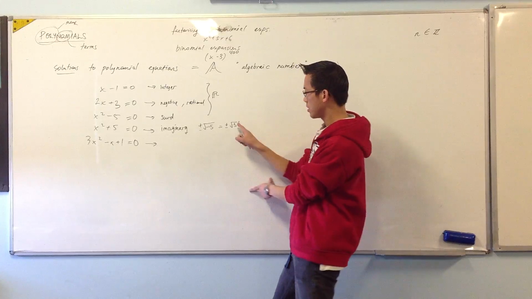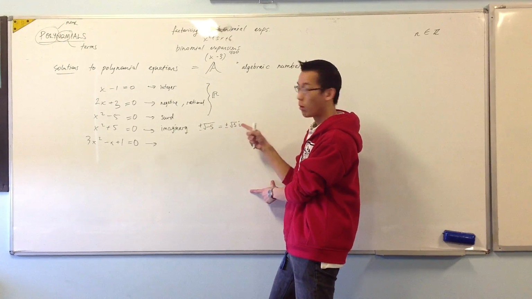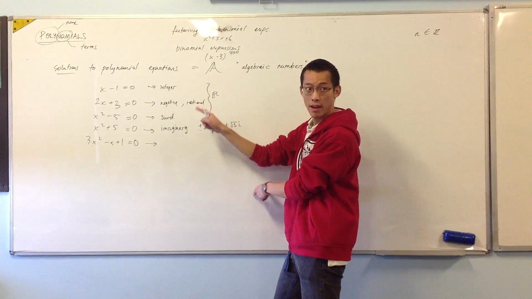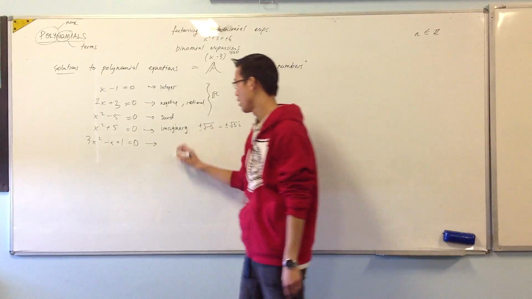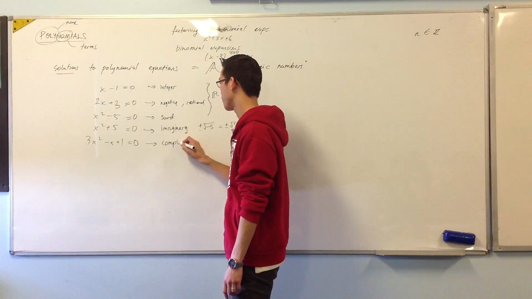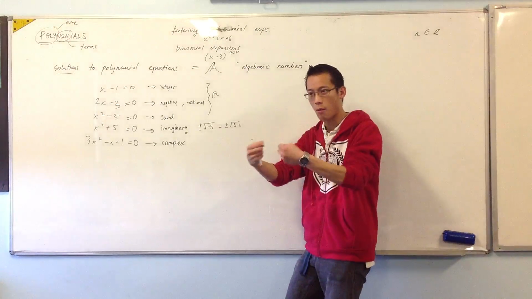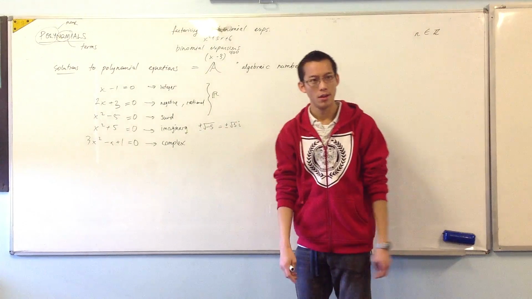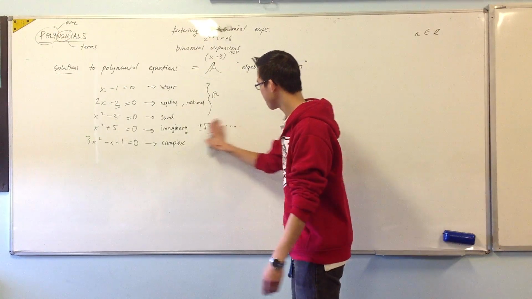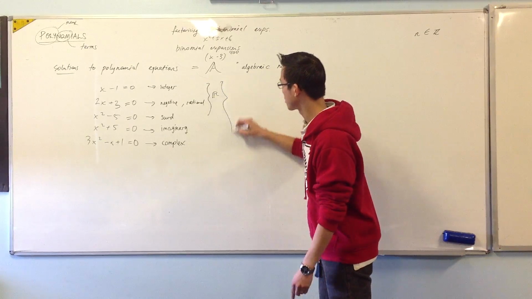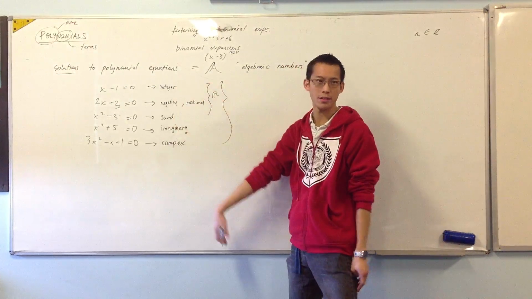What you'll get is not just an imaginary part, but there will also be a real part. When you have both of those together, we call that a complex number. A complex number is the combination of those two. Now here's the kicker. All of these numbers, even though they are so diverse,